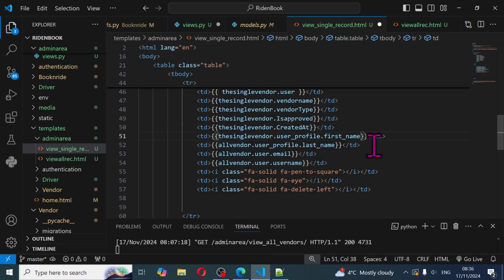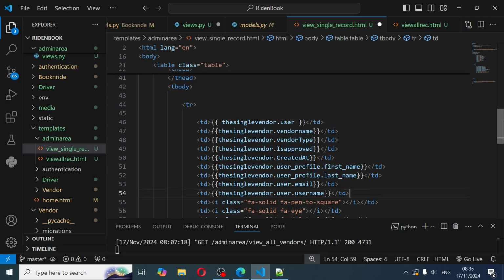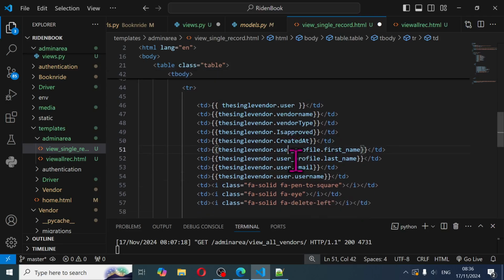Single vendor.user profile.first name, single vendor.user profile.last name, single vendor.user.email, single vendor.user.username. Now I explained why I'm using user first name, user last name in here,